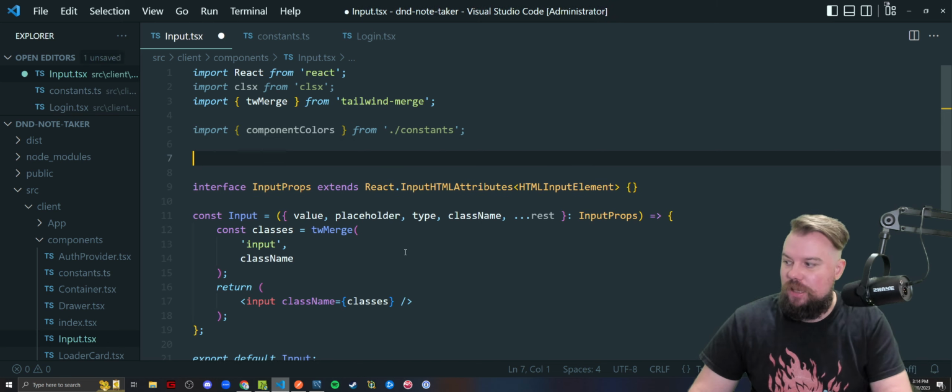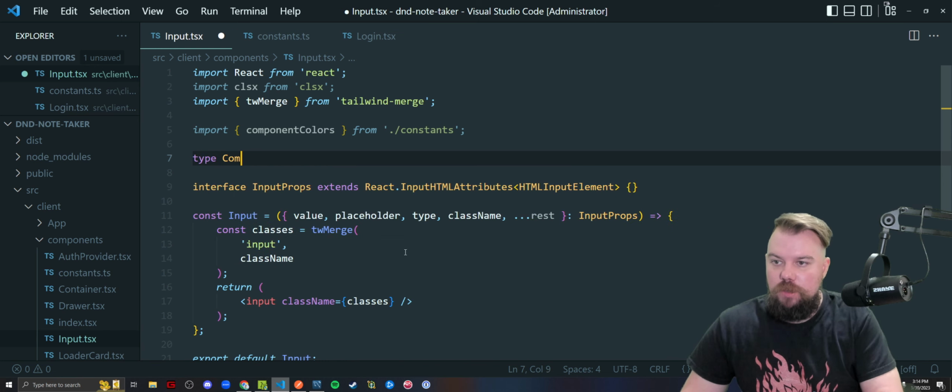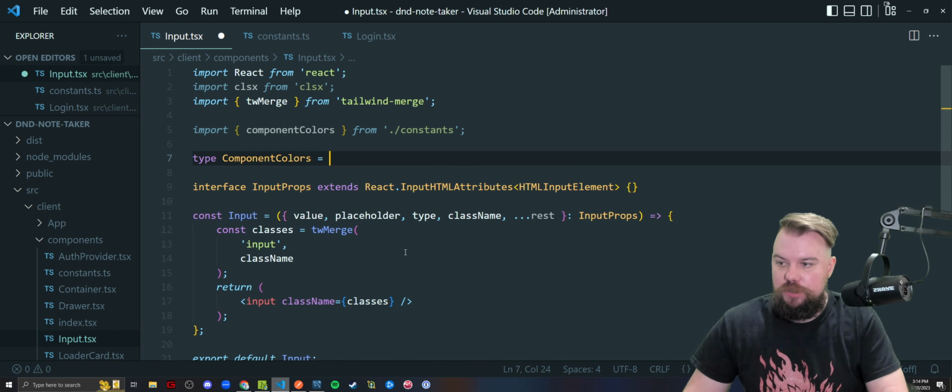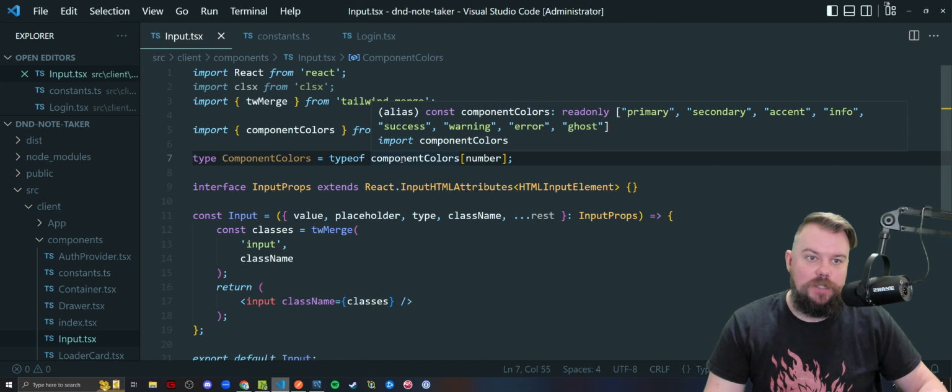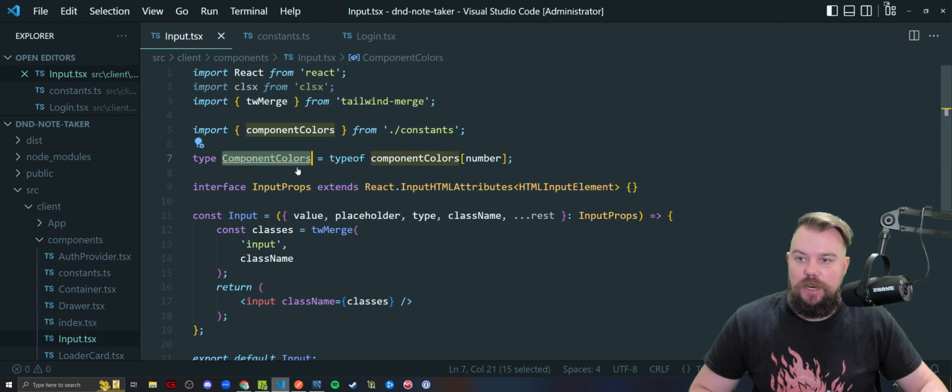So I can have something like type component colors is going to be a type of the component colors array and a number provided that will grab what color comes from the component colors, right? So now it's going to be, hey, it's a list of these possible colors as this type right here,